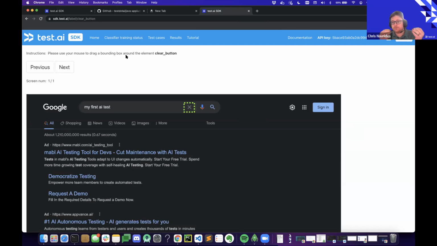So if you now have, say, two versions of your app, your old one and your new one, and Test AI breaks on this new one, say it's running on a local developer environment, it can basically learn that these things are the same. So you change the shopping button to a bag and it changes colors and things like that. It looks different, and under the hood it's different code. You can basically train Test AI and say, hey, a shopping cart can either be an actual cart or a bag. And it will learn that, okay, now it's a bag or a cart, and I can understand it can be either, but it's going to be called a shopping cart in this test. So that's the extra benefit of Test AI, it can grow with your data.